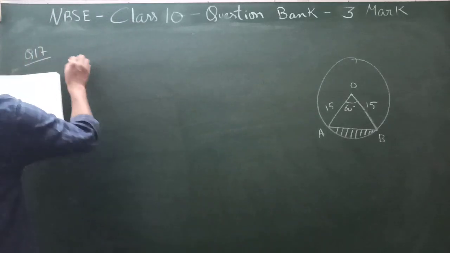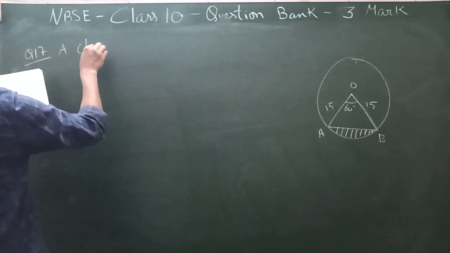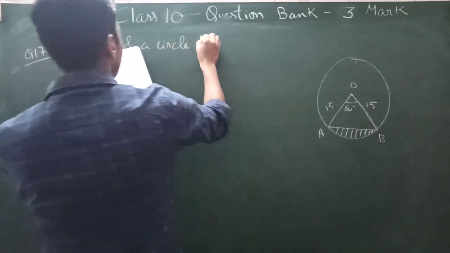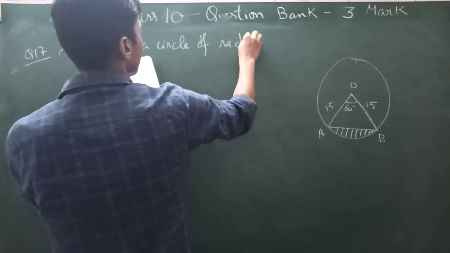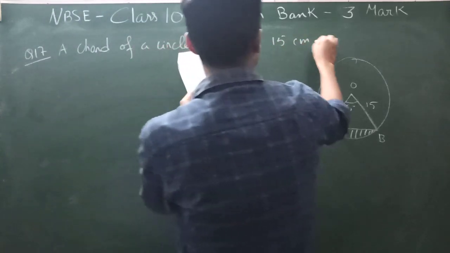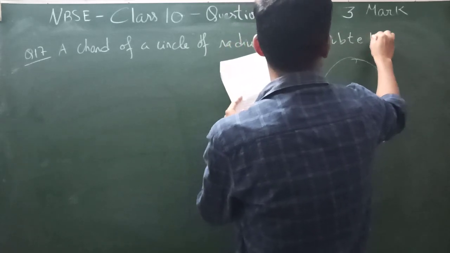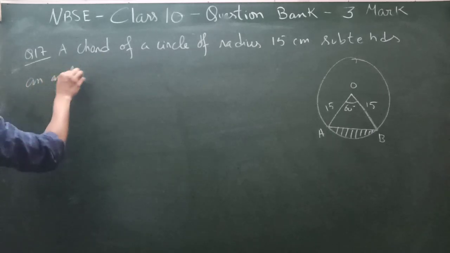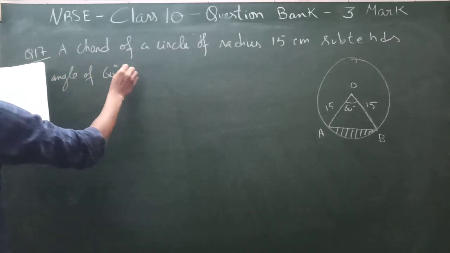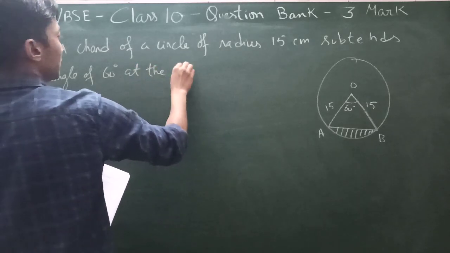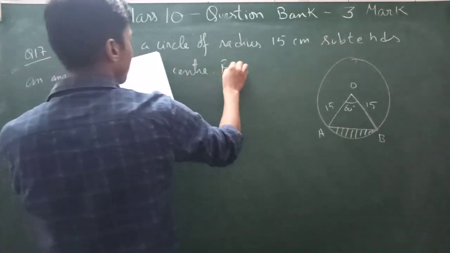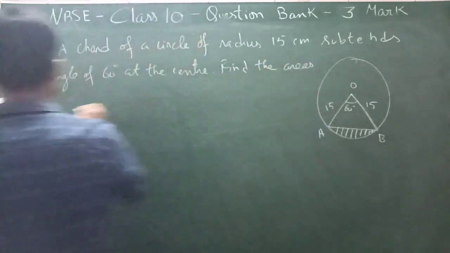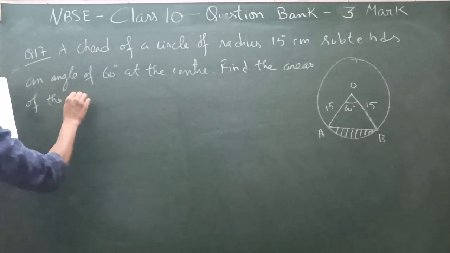Alright. So, okay, I will have to write down the question, isn't it? A chord of a circle of radius 15 centimeter subtends an angle of 60 degree at the center. Full stop. Find the areas of the